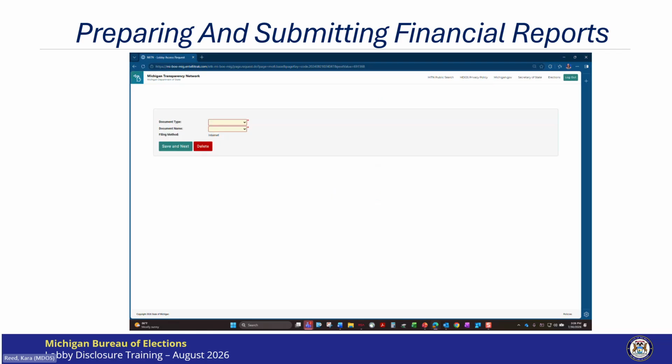I will choose Financial Report as my document type. Then I'm able to choose the type of financial report I'm going to submit. Since we're so close to the summer 2026 financial report deadline, I will choose this.